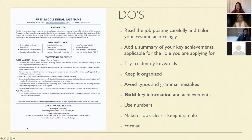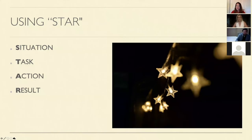Thank you, Cesar. Yeah. Go to the star. So we are talking about achievement, about numbers, about showing the recruiter that you are a successful person. And everyone can be successful. A cleaning person can be successful, and a company president can be successful. We just need to think how to sell our successes, achievements, and